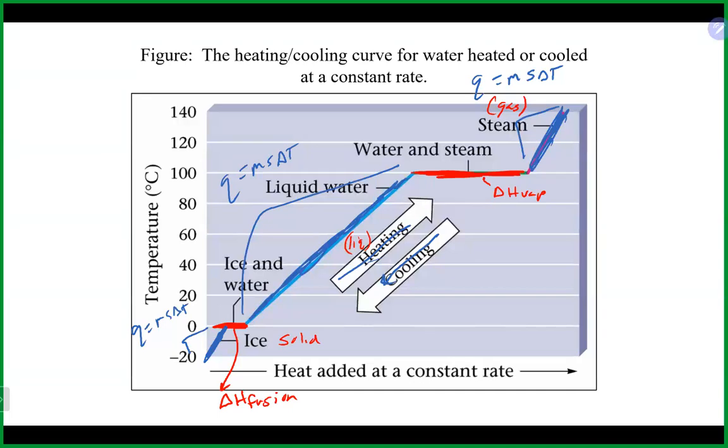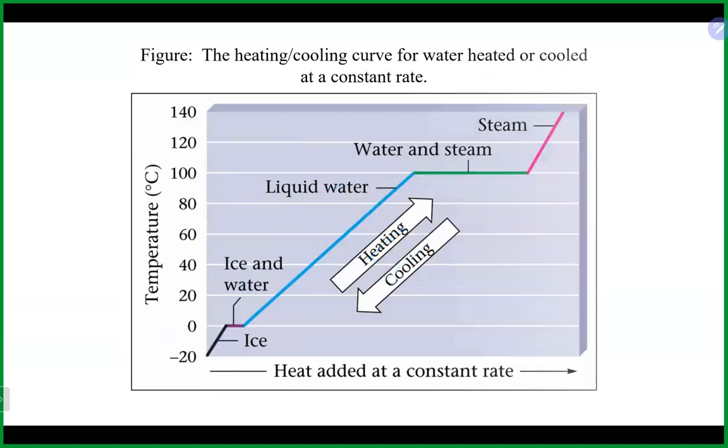The numbers will be the exact same numbers, no matter which way you go. The only difference again would be the sign, and that's that conservation of energy, right? So whatever is lost should be the same amount of energy that is gained. Any questions on that? Now, when we talk about 0 degrees Celsius,